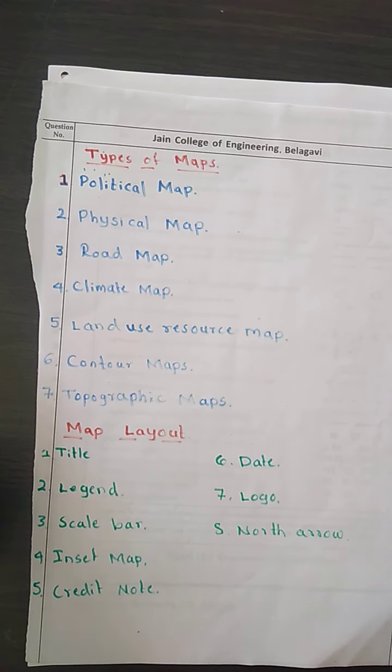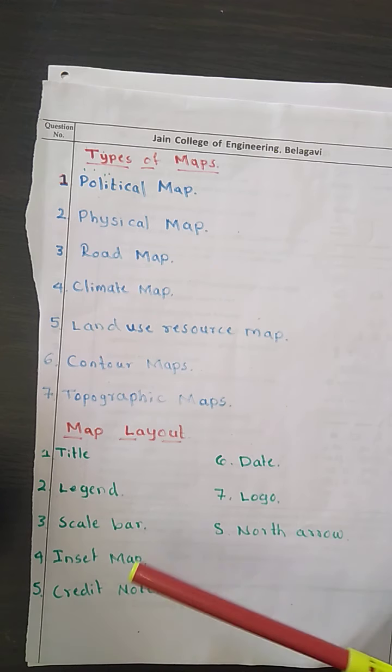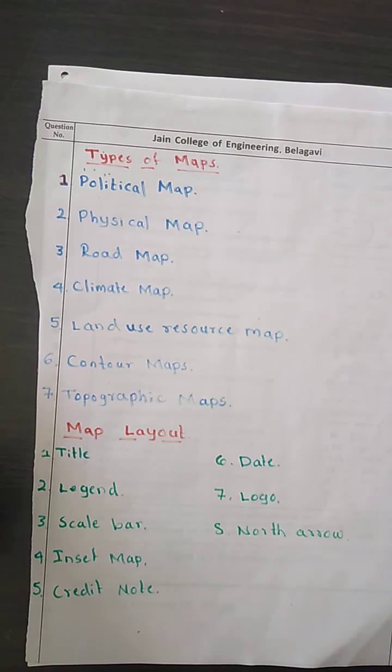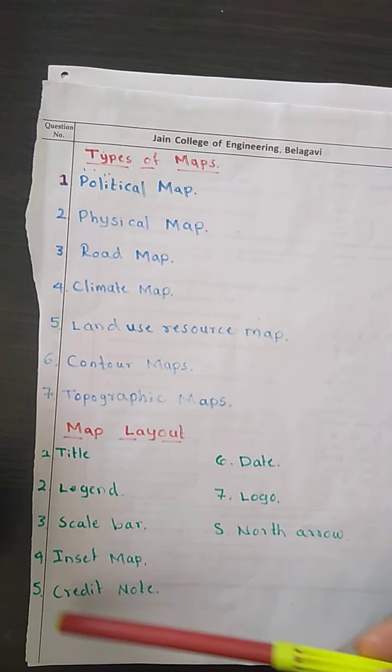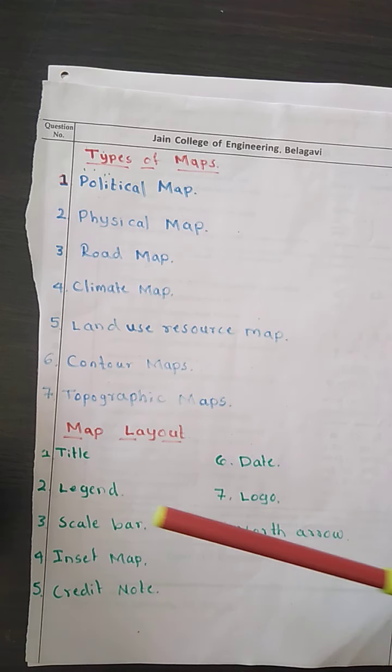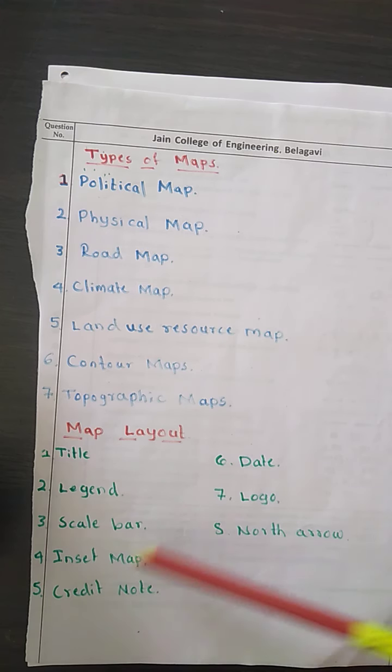Next is the scale bar. A large scale map should always include the scale bar. The map scale is a unit of measurement on a map related to the appropriate number of the same units on the earth surface. On a map, the scale at which it has been drawn, that information should be there. Then the inset map is the magnified part of a certain specific area, with a detailed representation of that particular area. I will show what those elements are on a map.